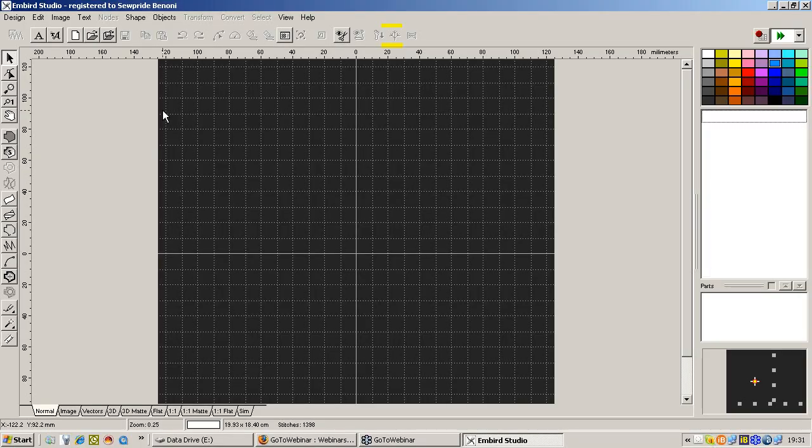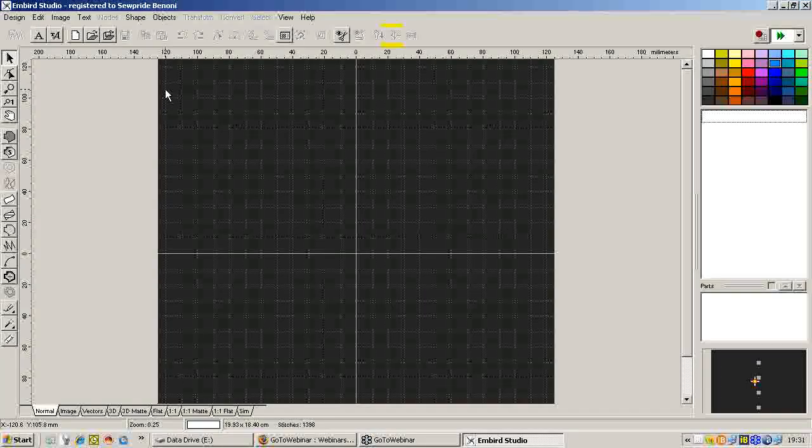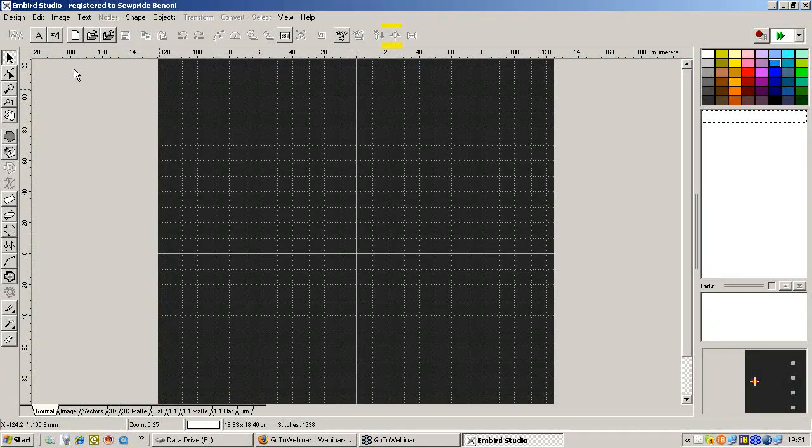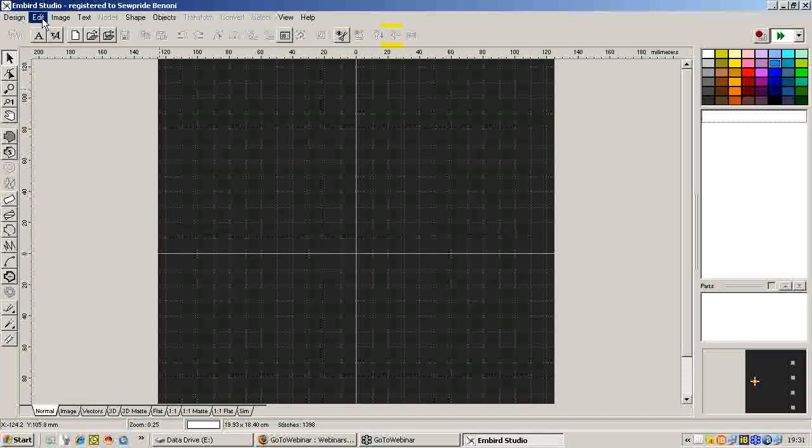Dan, we're back to you, my friend. I just have a question. Is there any way to make the background in the studio match the material that you're embroidering on? If it's blue, could you change it to blue so you can see what the effect is? Let's go and do it. Particularly when you're doing... We're going to edit,